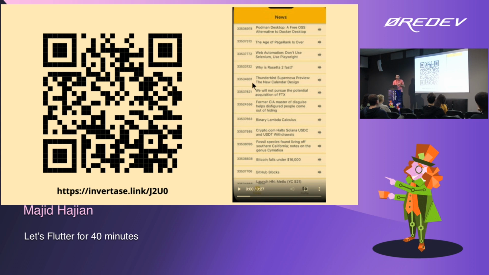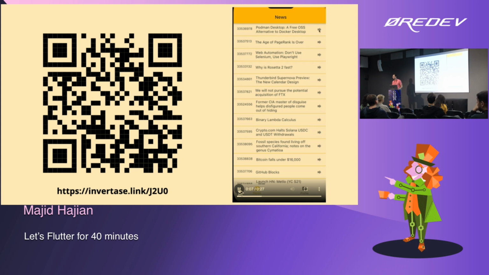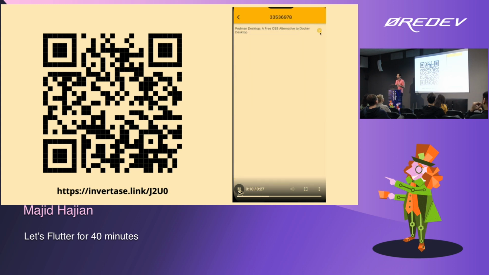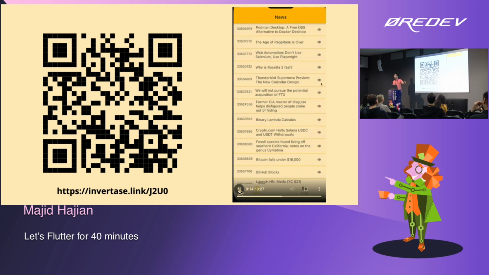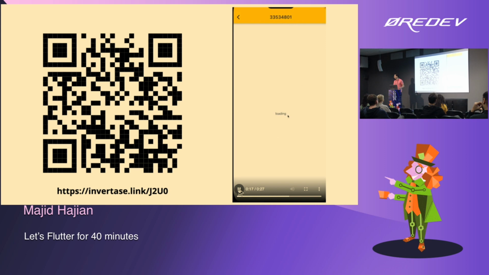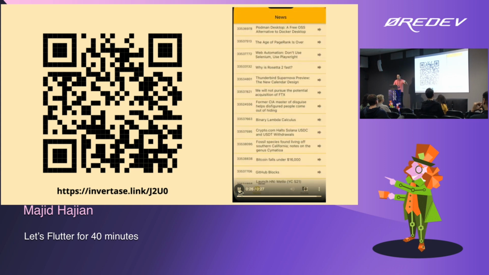So this is what we're going to build today. Very simple. It's not really nice. I know that everyone says Flutter helps you build nice, beautiful applications. But the goal is not showing you how beautiful you can create things. The goal is to show you how quickly you can build such things, where in other systems you may need to spend more hours to set up the environment, the system, and everything else. So, a very simple, typical mobile application at least.